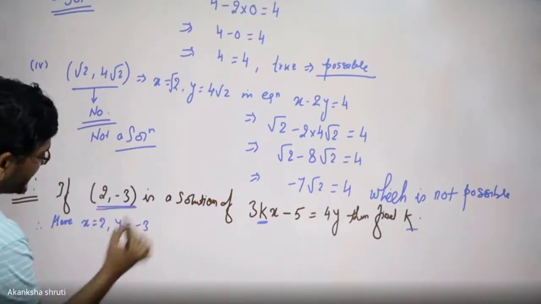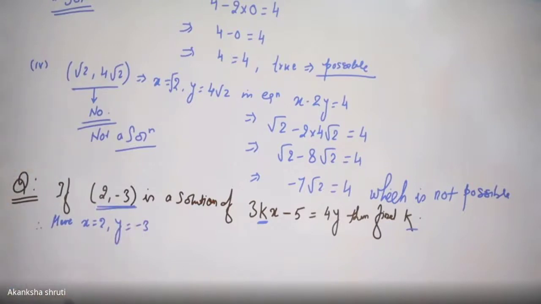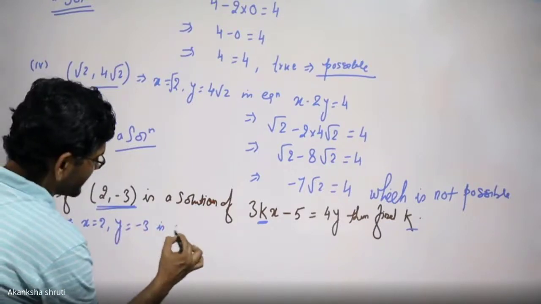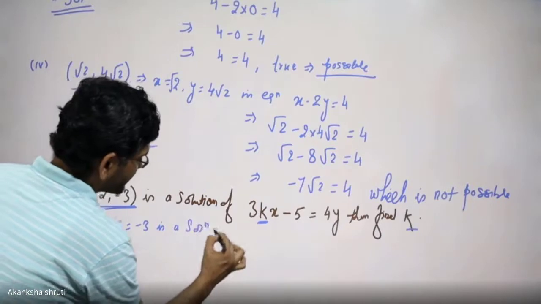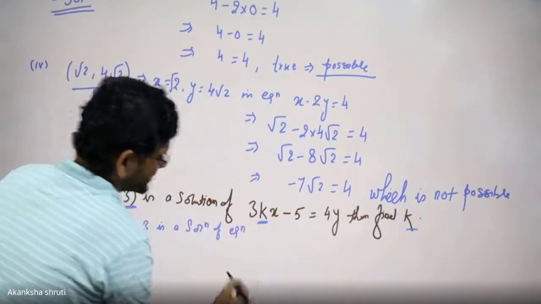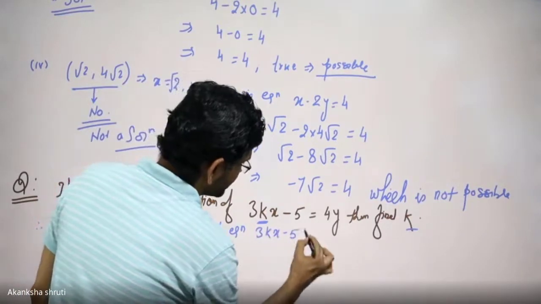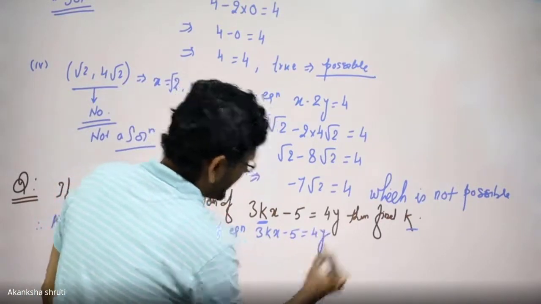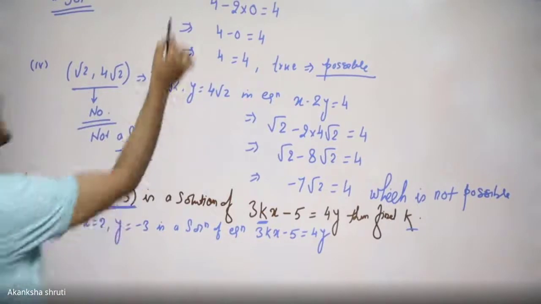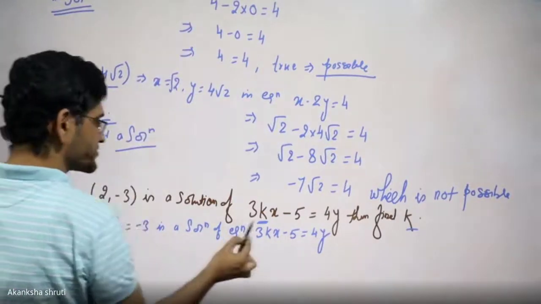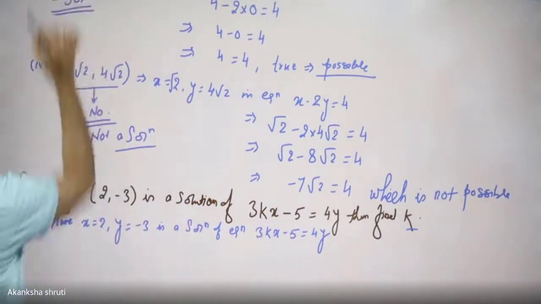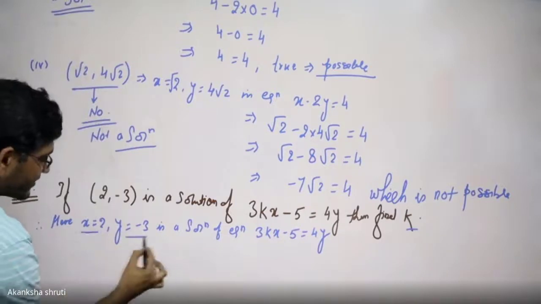This pair, where this is x and this is y, is a solution of the equation 3kx minus 5 is equal to 4y. It simply means we are free to substitute the values of x and y here,